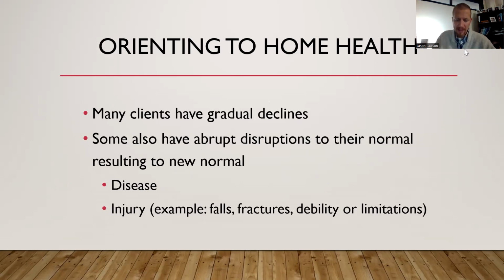So orienting ourselves to home health care as an OT, many of your clients may experience gradual decline, right? Typically in home health care, it's that older adult population. They may not want to go to a skilled nursing facility. They may have been hospitalized for some kind of an injury, such as a fall, hip fracture, or shoulder fracture. Or they may just gradually be becoming more debilitated, having poor endurance, and as a result, not taking care of themselves, not bathing for long periods of time, being too tired to cook healthy, nutritious meals, unable to go to the grocery store. And so there could be this very gradual decline,